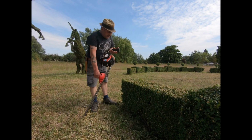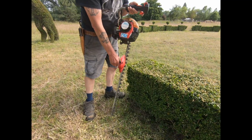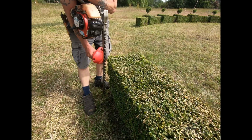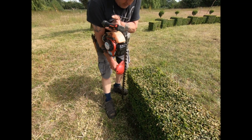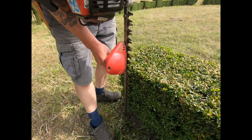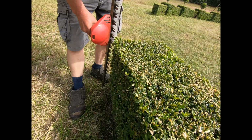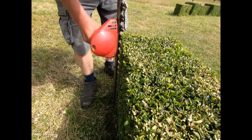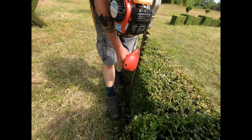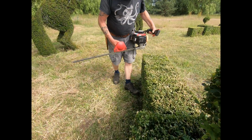Cutting basic box hedges, fairly straightforward. I like the single sided hedge trimmer again, and basically because I like to look over the top and look down on the blade, and a little tip here is, rather than have the blade running flat to the hedge like that, tip it in slightly. They tend to cut better, it cuts neater, and then you can walk along keeping that vertical all the way as you go, and they cut nice and clean. The tops of them,